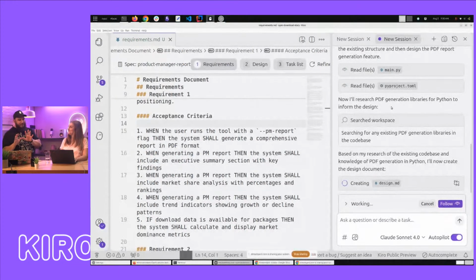Now, what's a design doc in this case? So this is going to be the technical design of this. If you think about the requirements as that product requirements phase that we used to reliably go through in software engineering, this is going to be the design doc phase that you would normally go through. When I first started talking about specification, people were saying, are we going back to waterfall?